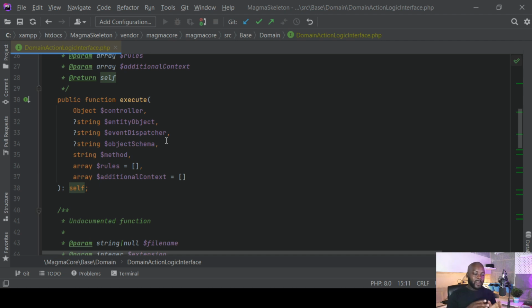But we won't be using that in the back end. It's more for the front end that we're going to be using that particular argument. And the last argument within that execute method is additional context. That is an array of additional data we can pass that is